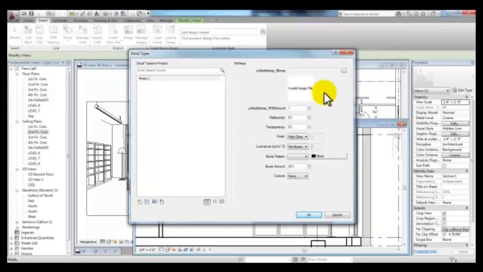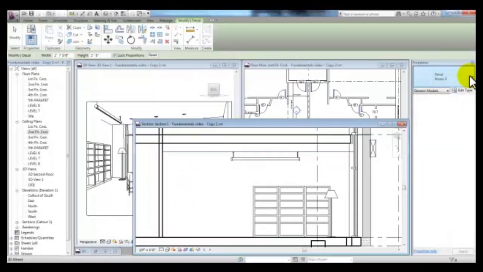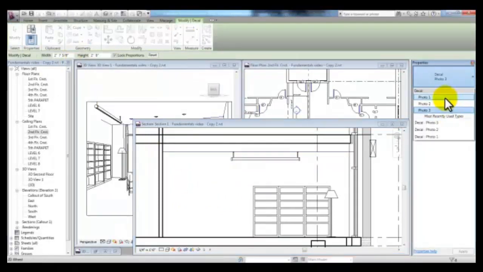It's your choice what photo you use. Go ahead and use your own. Continue to pick Create New Decal and then name your photos 1, 2, and 3, and go ahead and use your own photos and pick OK. And then here in the section we can pick Decal and Place Decal. In the properties you can decide on your photo 1, 2, and 3, and in the options bar you can change